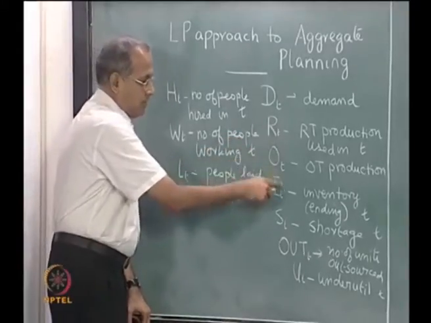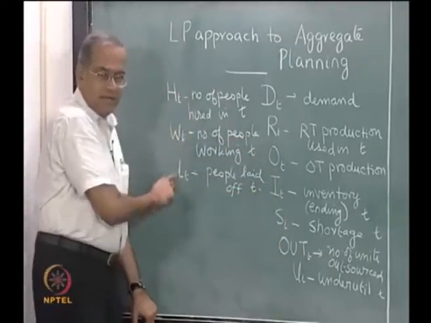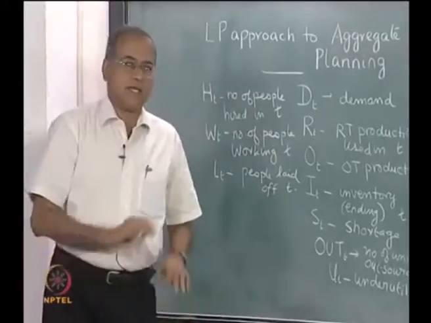So, there are 1, 2, 3, 4, 5, 6, 7, 8, 9 variables effectively,